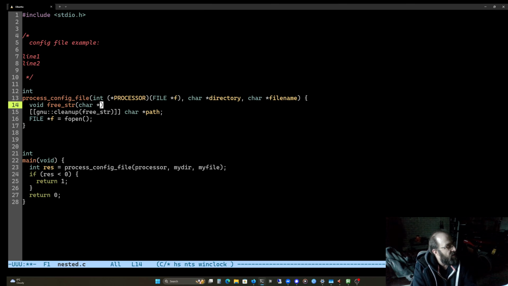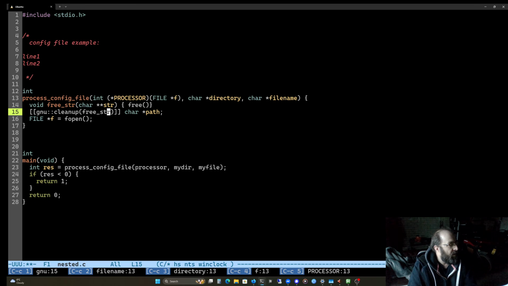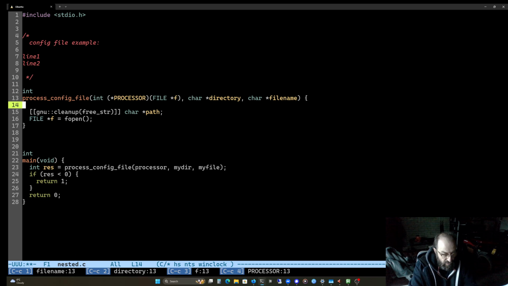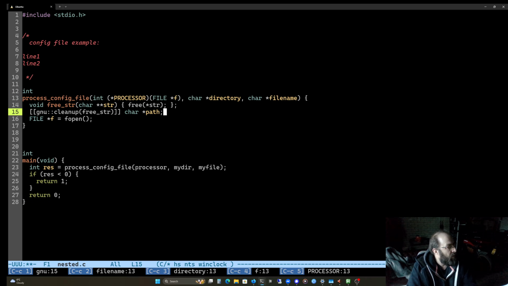And the interesting thing is it has to be a double pointer, because the way this works is it takes the address of this variable and passes it to free string when the scope exits. So we're going to call free on what's pointed to by string. We can also lift this up to the outer scope, but let's leave it in here for now. Okay, so now we've got a path.